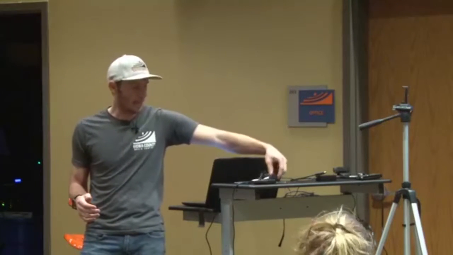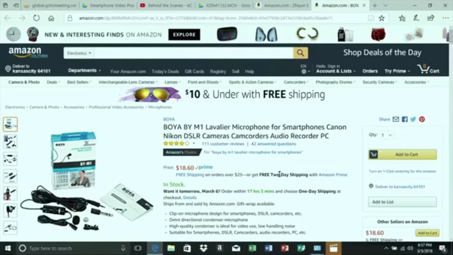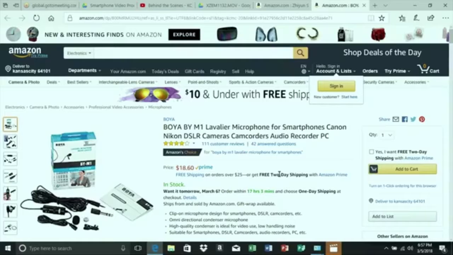Here's the Boya microphone. Again, we have all these Amazon links. They're going to be in the digital version if you would like that. What I like about this is the cost. This is less than $20 for this microphone, and the results, I got it on a whim. I saw one other tutorial on it. I was like, I need to find some kind of equipment to be able to recommend. I wanted the length of cable. That was a big deal for me so that I could set something up and move away from the camera and still deliver my message. So the cable length was a big deal. So I took a chance on a less than $20 risk, and that's why I'm recommending them now,